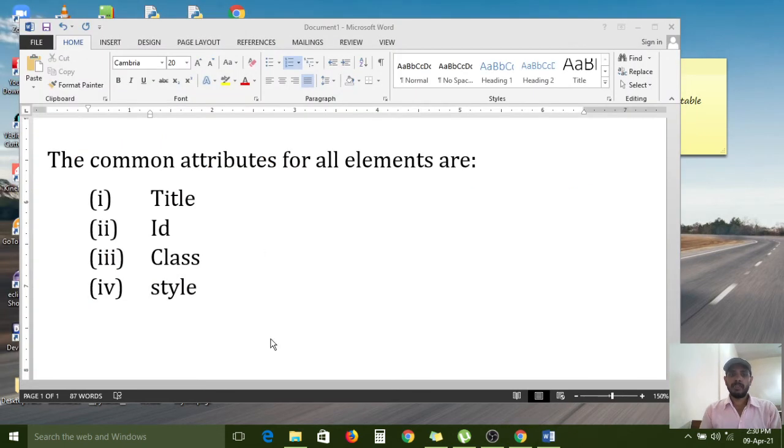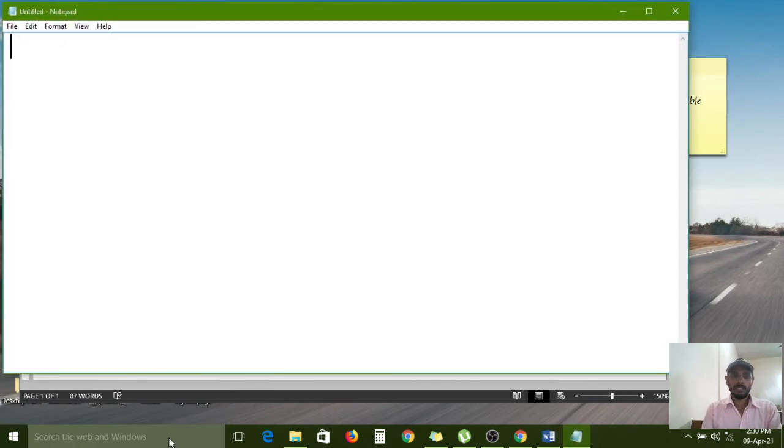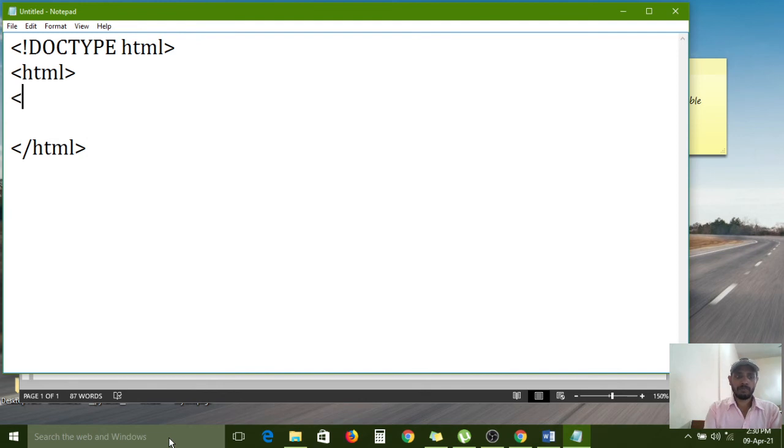Now I am closing this one and opening one more fresh notepad window. So for that, doctype declaration, doctype html, because this is HTML5 information, HTML5 version. I am giving the information for the browser. HTML root element, opening tag and closing tag. After that, head tag. Head tag is also optional, not required.